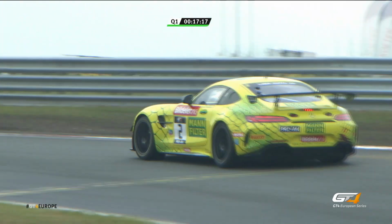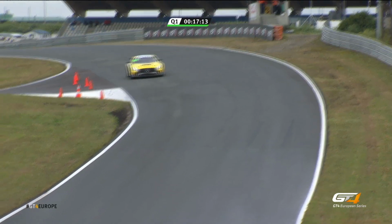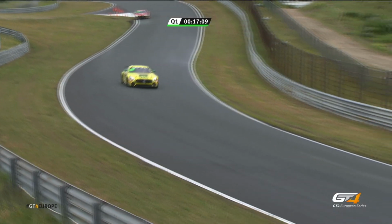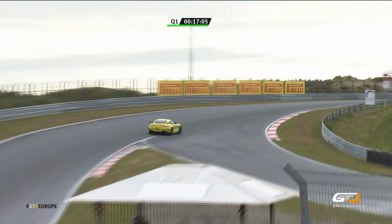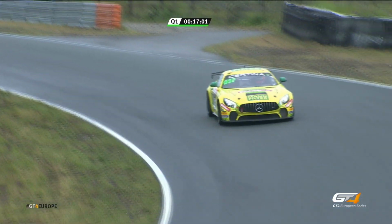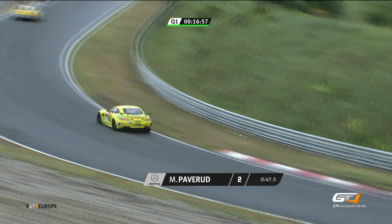Inevitable rumble from the Mercedes. Great growl both in GT3 and GT4 trim. And the GT4 AMG Mercedes, a very, very popular car. Looks great, but also really seems very, very well balanced indeed. And the drivers have got to grips with it in quick time, certainly superior to its predecessor,